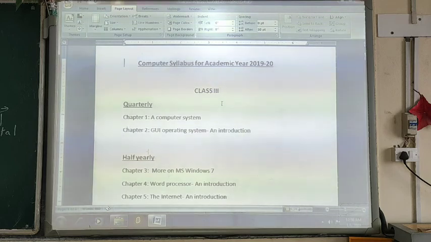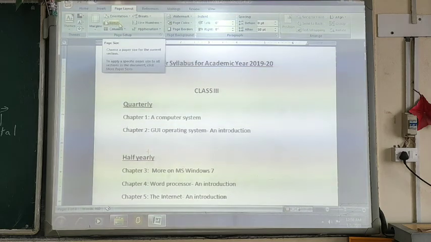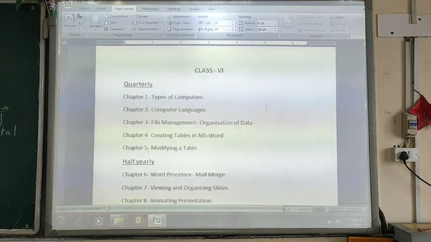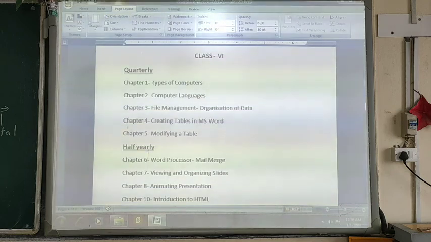The next feature is page size. How to select a different size for the paper. Suppose you have to open any Word document, and then click on the Page Layout tab. Once you click on the Page Layout tab, within the Page Setup group, you will get the option Size.